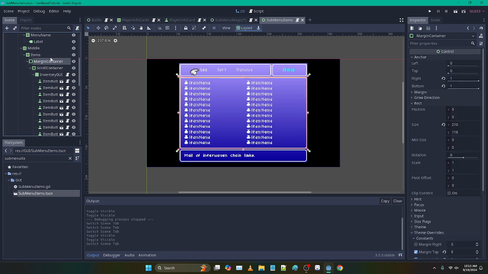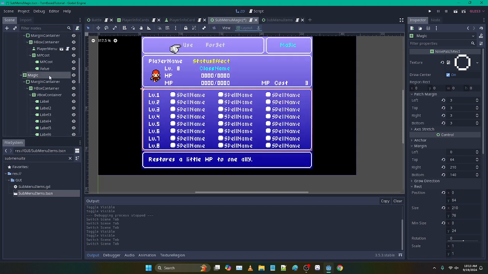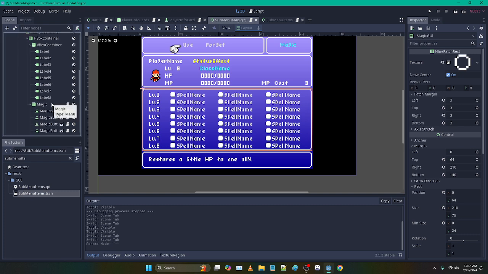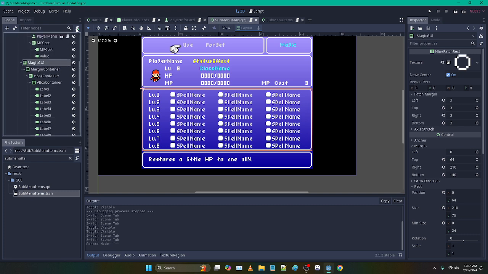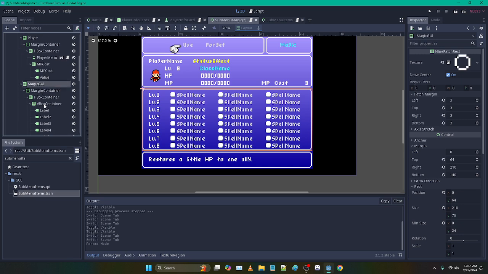Maybe I'll try that with the magic one. So it's going to be our magic GUI, and we'll just modify how we access that stuff. So Magic GUI has all of this, because this is never going to change. Always going to look like that. The only difference will be that we're going to put,